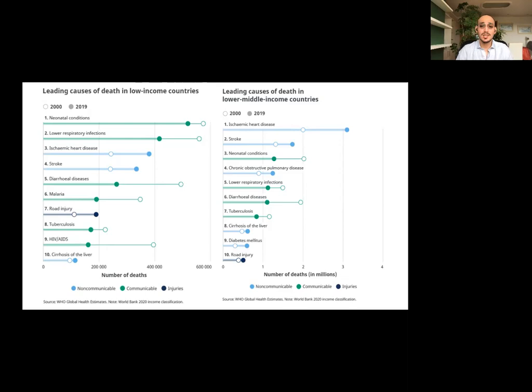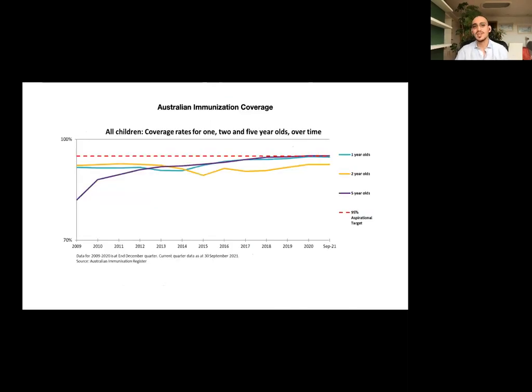And an important fact is that the WHO estimates that 2 to 3 million lives are saved each year due to the immunization coverage that we have nowadays. And of course, this is not counting the lives saved during the pandemic and the impact that this had on this data as well. But if you take a look at highly immunized countries, such as Australia, where from almost 2011 until now there has been high coverage in children 5 years old or younger, reaching almost the 95% aspirational target that they have set themselves,